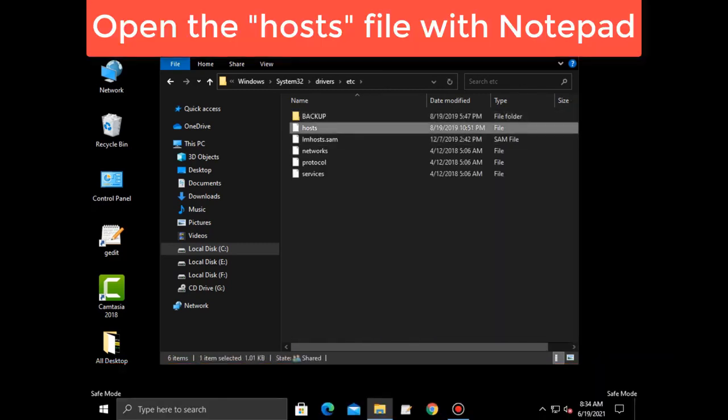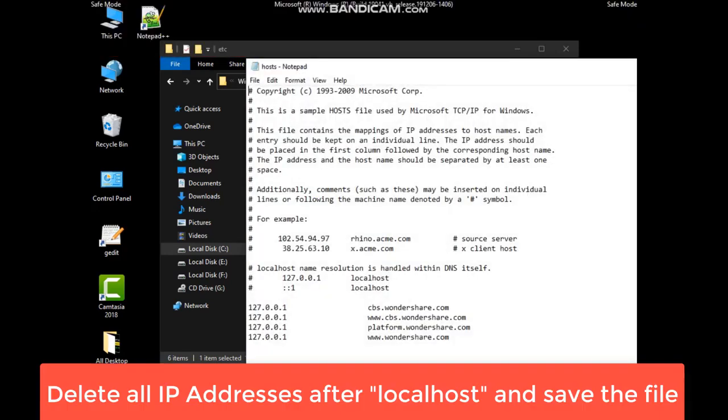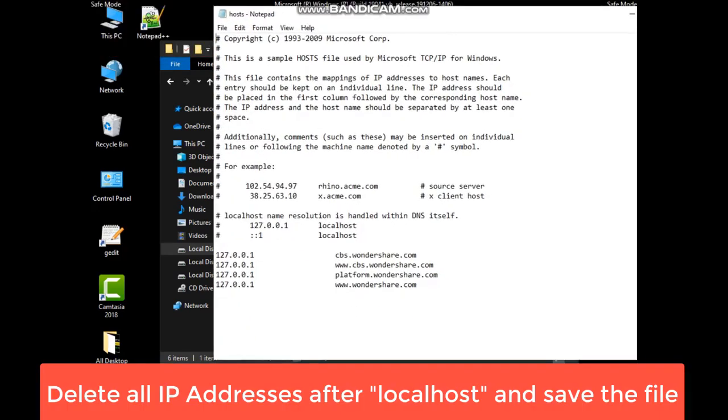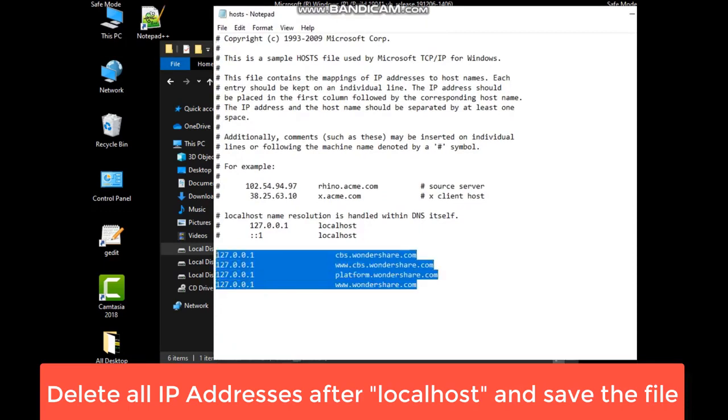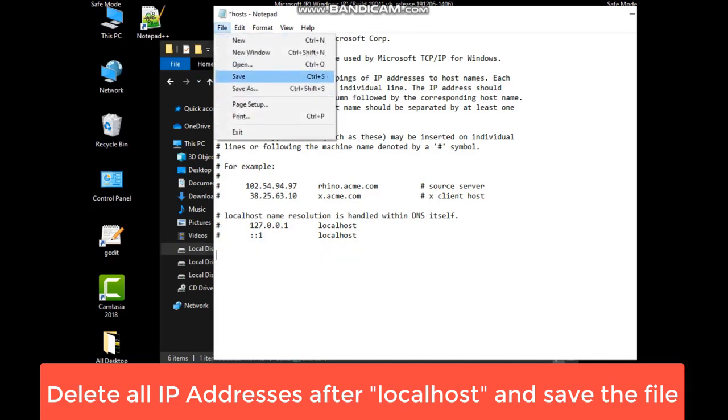Open that hosts file with notepad, just like I am doing right now, and then we have to remove all the malicious IP addresses from our hosts file. All the IP addresses down below the localhost, remove them all and save this file.